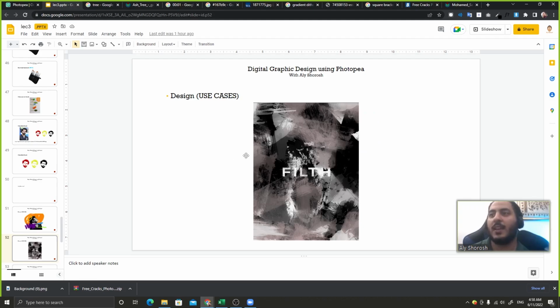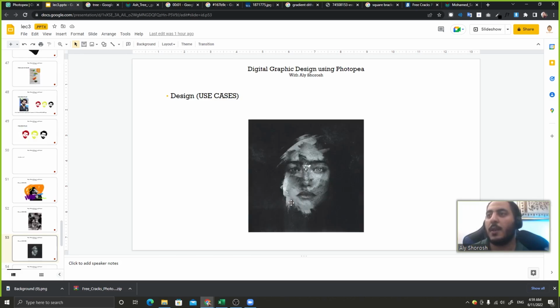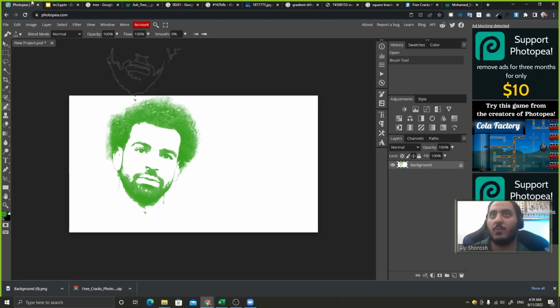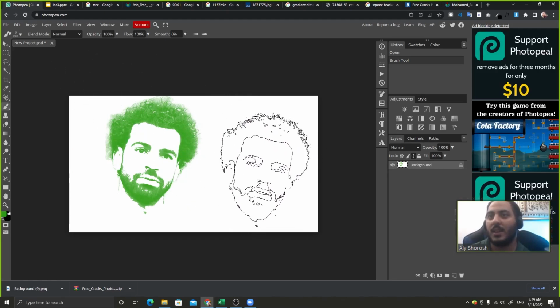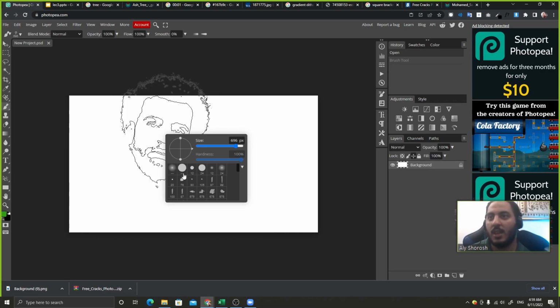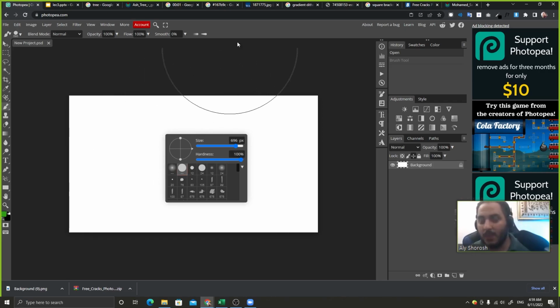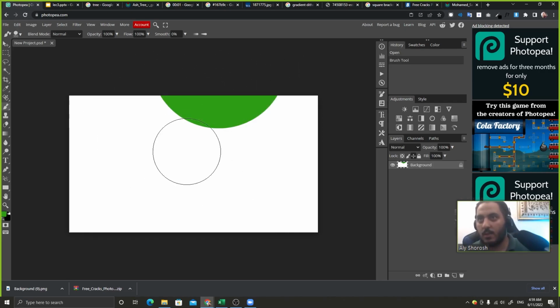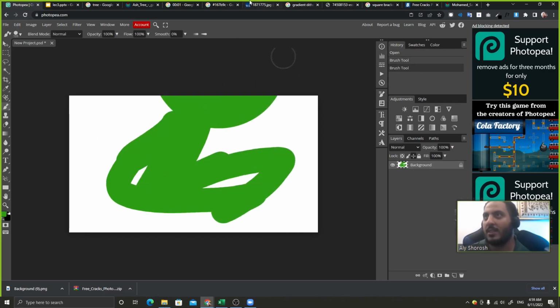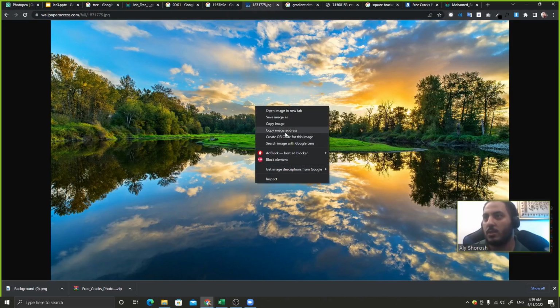You can make a background like this using brushes. You can also make an image like this using a brush. How is it made? It's very simple. What he actually made is a shape like this, and then he got an image